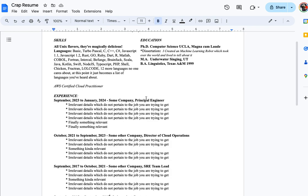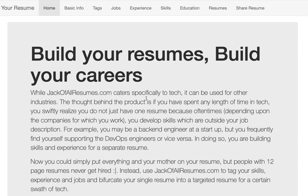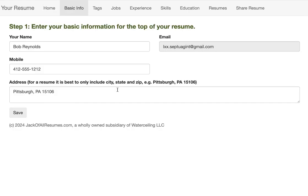This has sucked to maintain, and it takes time. What I've really needed is a system in order to keep all my experience, but tag each experience respectively, such that when I create a new resume, it can only surface those things that I think are important for the job I'm applying for. So you start by adding your personal contact, add your name and your contact information,